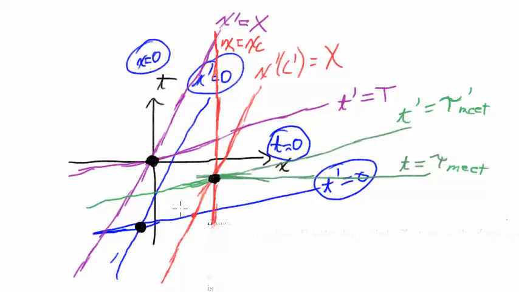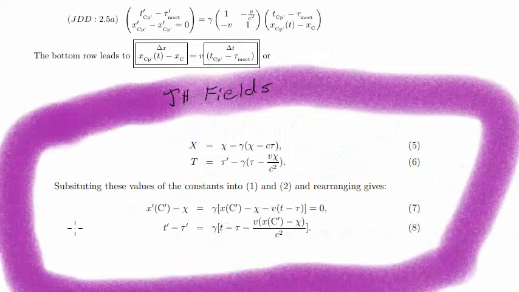But it's kind of weird because now both origins are going to be moving around when you do the transformation. But the clock point will stay stationary. All right, now the words here: substituting these values into the constants into 1 and 2 and rearranging gives these